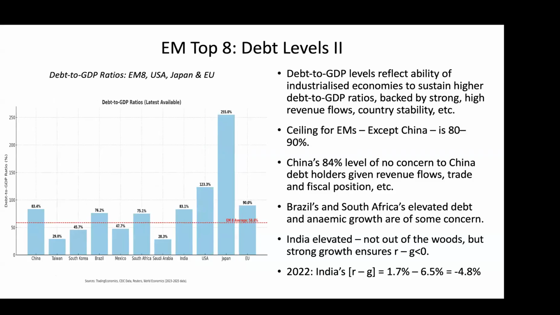And so we then get into debt to GDP ratios, which is probably better if you're thinking about macro fundamentals in the EM8. So again, those top 8 economies, we ask the question, is there something I should be worried about? Certainly, if you look at the US, we've spoken about this before, that debt to GDP ratio is incredibly high, as for Japan, except there are no concerns there, right? There are no concerns because, as I think I've said before in this audience,